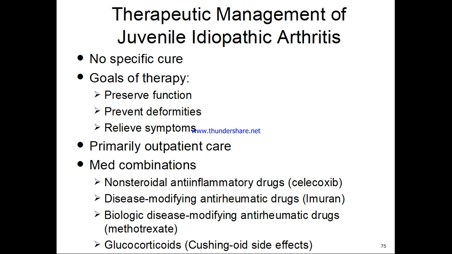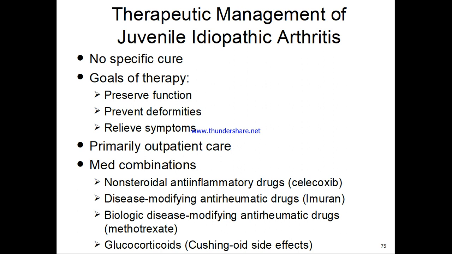Combination med therapy is highly effective, and it can involve any combination of any of these. NSAIDs. When we say NSAIDs, a lot of times we think about ibuprofen, but these could be your longer acting ones like Celebrex and Mobic. Disease-modifying anti-rheumatic drugs such as Imuran, even though they're negative for rheumatic factor, many cases do respond to these type of drugs. Biologic disease-modifying anti-rheumatic drugs such as methotrexate, Humira, and